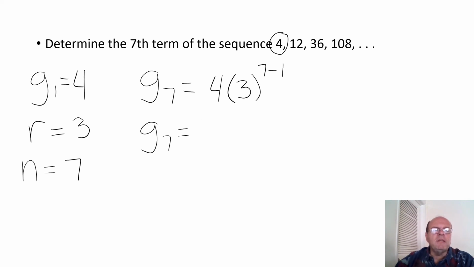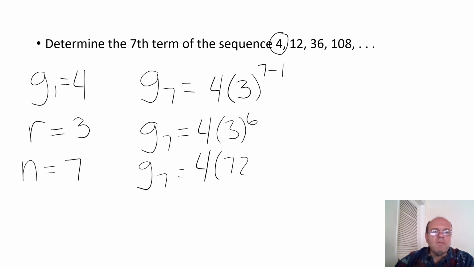G sub 7 is equal to 4 times 3 to the 6th power. G sub 7 is equal to 4 times 729, right? That's 3 times itself 6 times. And when we use the calculator, we'll get our final answer of